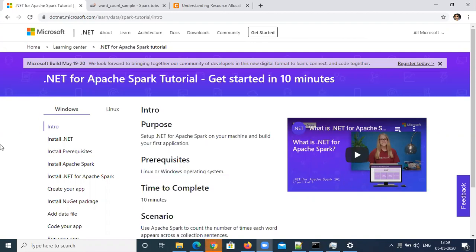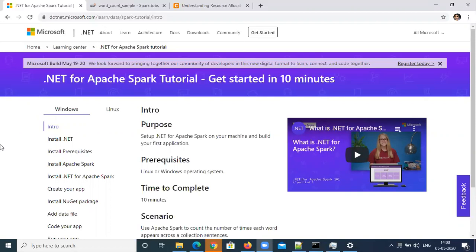Yes, this is also new for me, but earlier we had Scala, Java, and Python programming languages to interact with Spark, whereas now, in 2019, last year, they introduced .NET also, a framework to integrate with Spark. So in this session, yes, the steps are very clear in their documentation itself, but I just wanted to show you the demo of how we install this .NET framework and integrate it with Apache Spark.